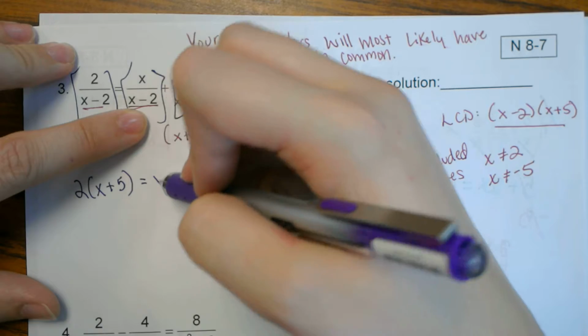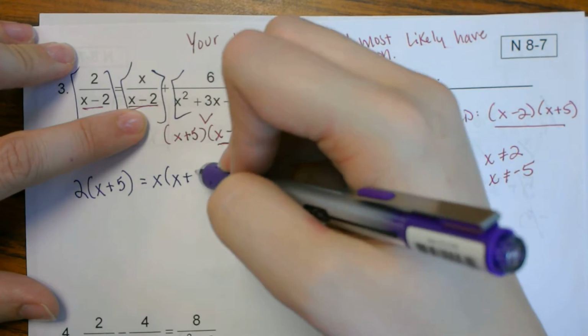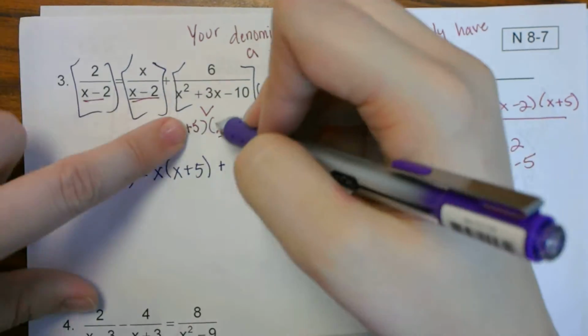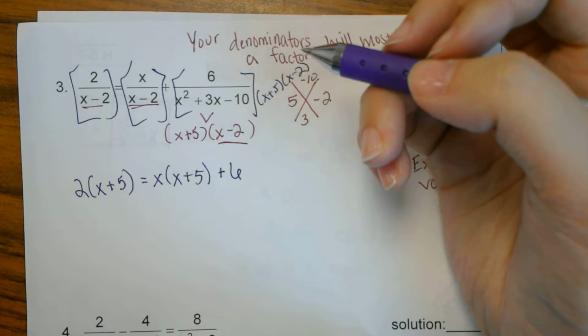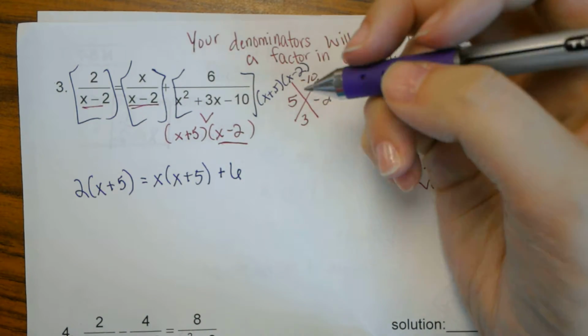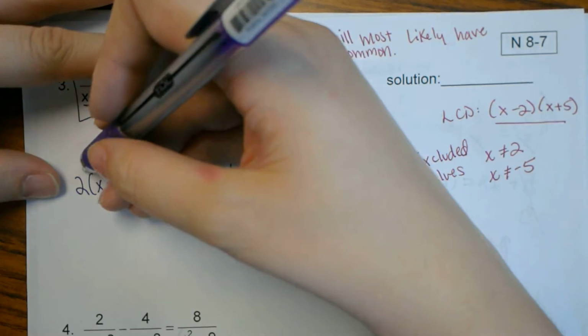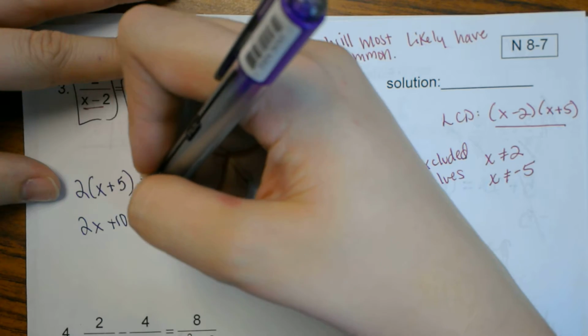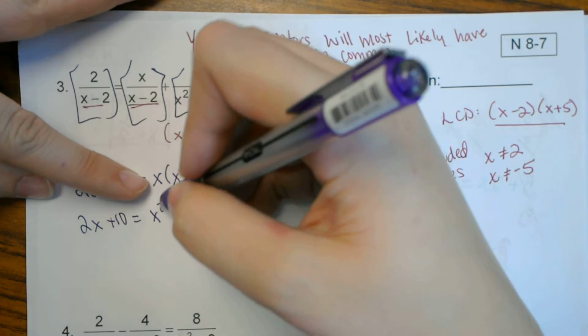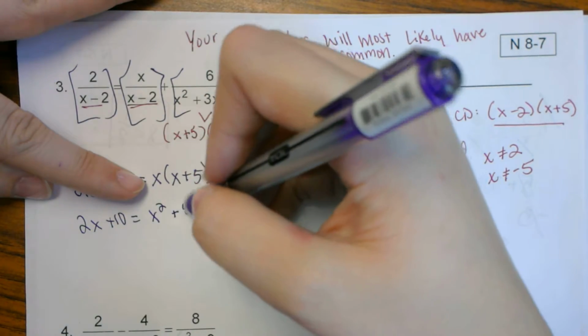Same for this one. But this one has both, so I'm left with 6. So I multiply 2x plus 10, x times x times 5,